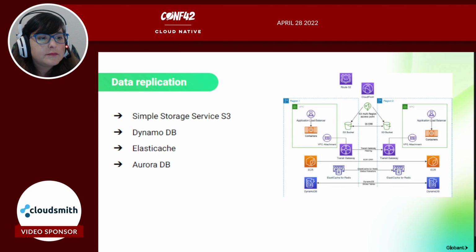Aurora, the clustering is in one region, designated as the writer, and then we have secondary regions that are designated as read copies or read replicas. While only one instance can process the writes, Aurora MySQL supports write forwarding. That's a feature that will forward write queries from a secondary region endpoint to the primary region to simplify the logic in application code. Logical replication, which utilizes a database engine's